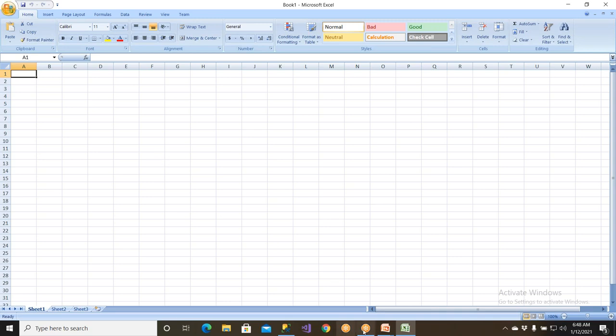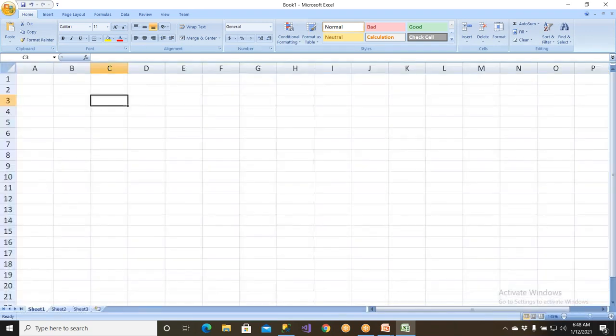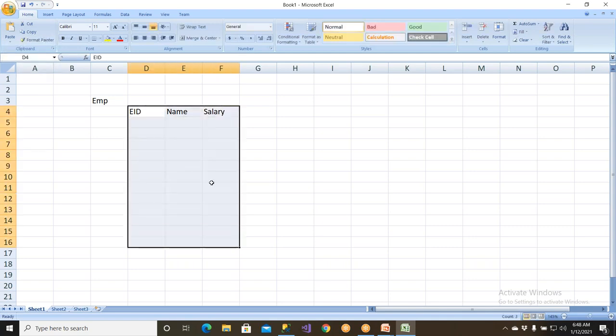Okay, so now what I wanted to understand is, let me give you a table called employee table. The table name is called employee, with employee ID, employee name, and employee salary. Okay, so this is my table. I have it,